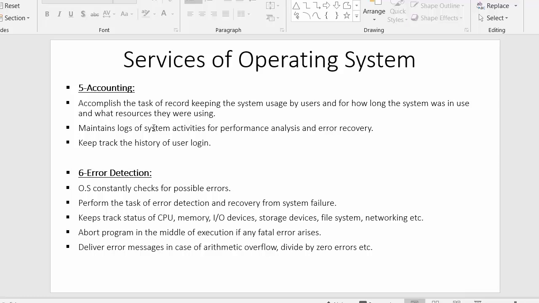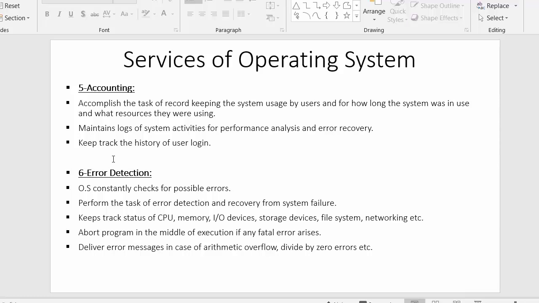With that report, the operating system will come to know how the system is performing, whether users faced any error while using the system, at what time they faced it, and the reason behind it. That complete report helps in improving the system, and it also helps in recovering from those errors.